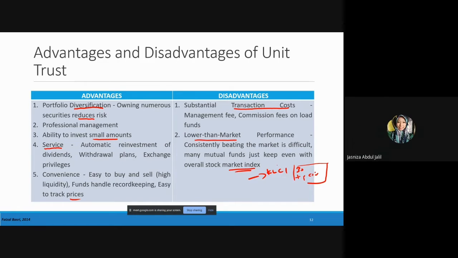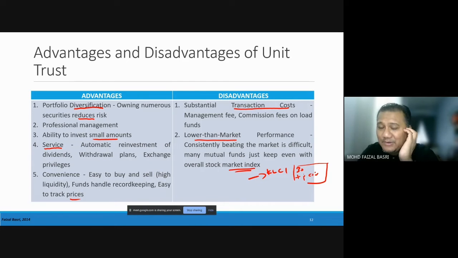So company tu maksudnya blue chip company ya, sir? We can say blue chip companies lah, we can say that. Sebab dia memang 30 top companies. Kalau kat Malaysia ni, macam-macam ni, ada genting. Cuma bila kita cakap KLCI ni, dia bukan syariah compliant lah, sebab semua company ada dalam ni. Yang syariah compliant pun masuk dalam ni. Tak ada genting, tak ada banks. Bank pun sebenarnya tak syariah compliant macam Maybank.